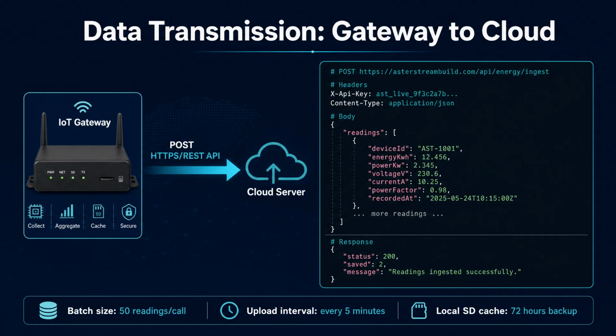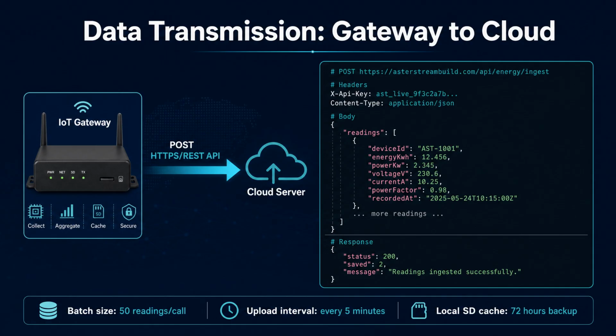If you require API access for your gateways or third-party integrations, visit the Aster Stream API portal at AsterStreamTech.com to register an account. Once registered, navigate to portal.AsterStreamBuild.com to generate a new API key. Select the appropriate permission scopes, such as Energy Write for Gateway Uploads. This API key is permanently bound to your company's tenant ID and must be entered into all on-site gateways to